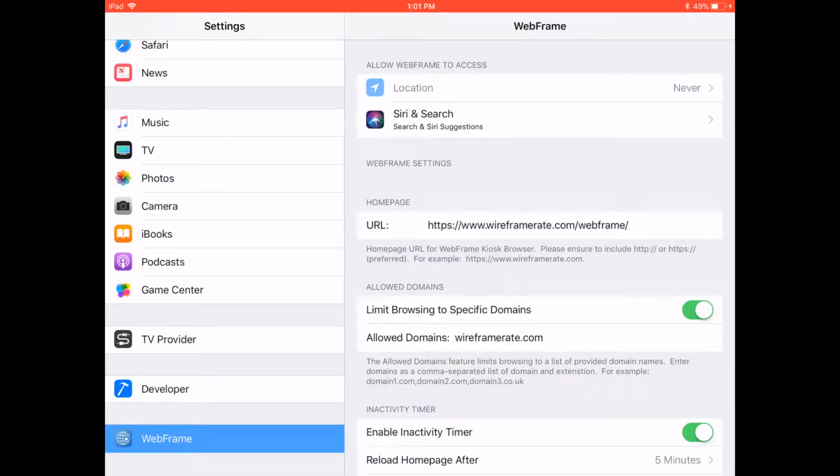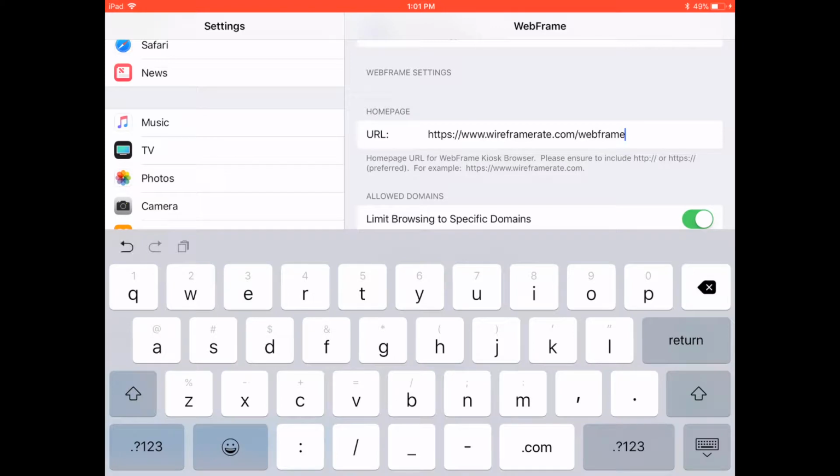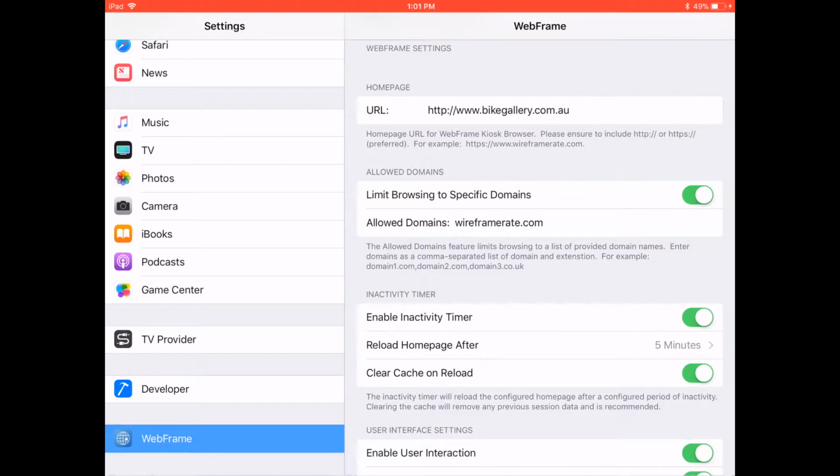The first thing we're going to customize is the home page. We can do this by tapping the text in the URL field. While HTTPS is recommended, for this demo we are going to use HTTP. The allowed domains list will allow us to use an existing website for a kiosk while blocking any attempts to